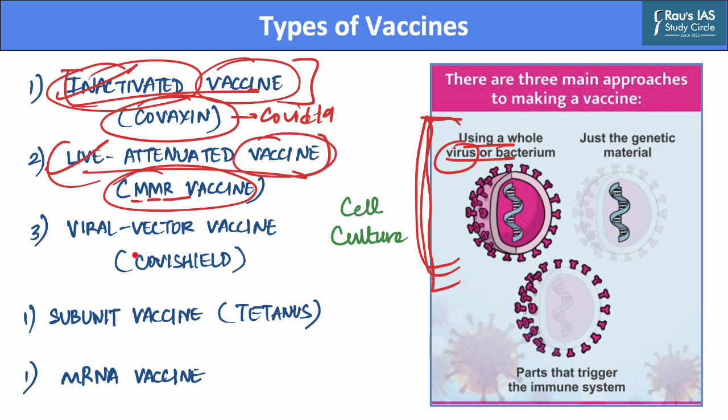Now the third type of vaccine in this regard is termed a viral vector vaccine. As this vaccine uses a safe virus to deliver a specific protein of the germ of interest, so that this protein can trigger an immune response without causing this particular disease. For example, the Ebola vaccine was made using this viral vector vaccine method. Further, the vaccine that was administered in India on a large scale, that was Covishield, is also a type of